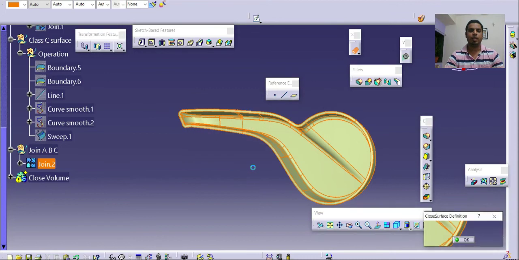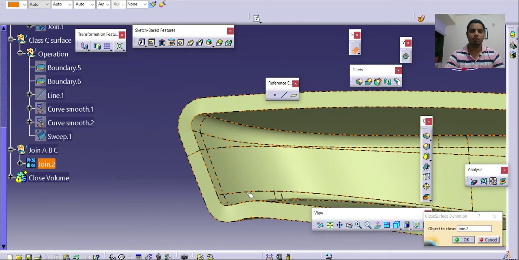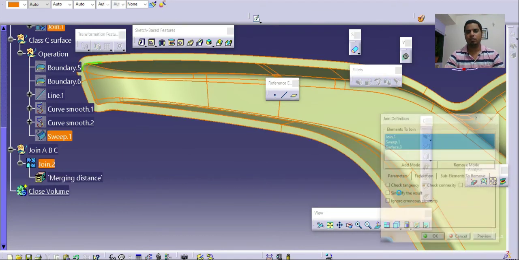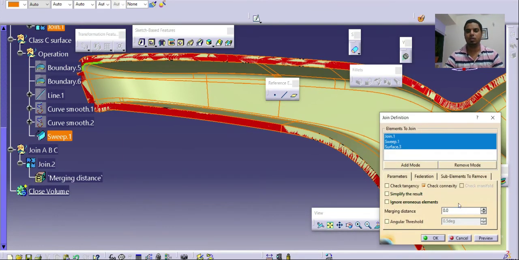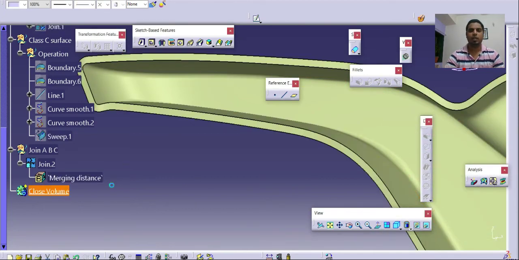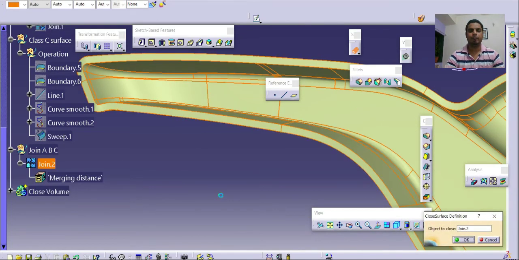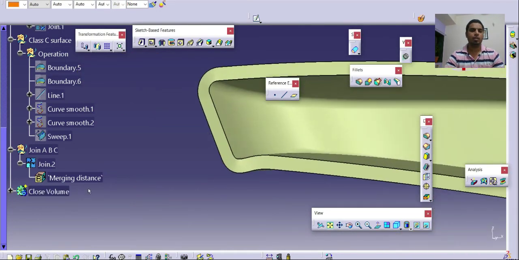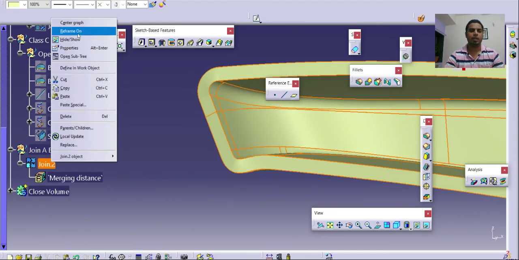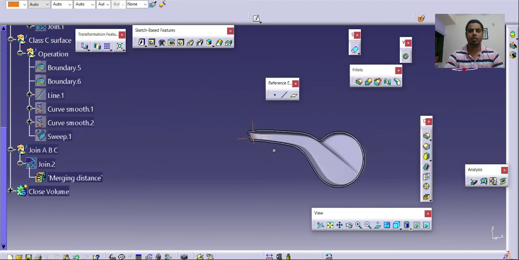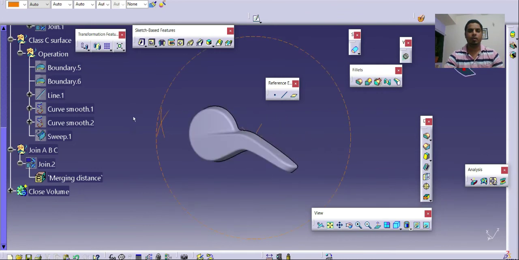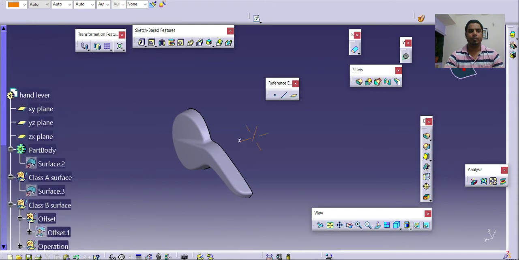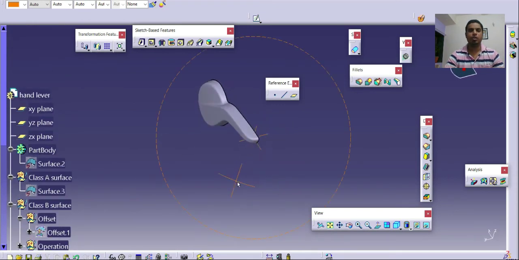All openings are not planar, so we need to modify these surfaces somewhere. Again we can tighten our tolerances and check whether it will create a closed volume or not. Okay, so I will tighten this tolerance and this closed volume gets created. So we can hide this body and we can see that this is our plastic cover, or a hand lever which is used for seats.